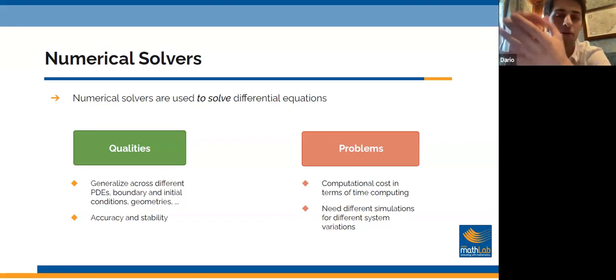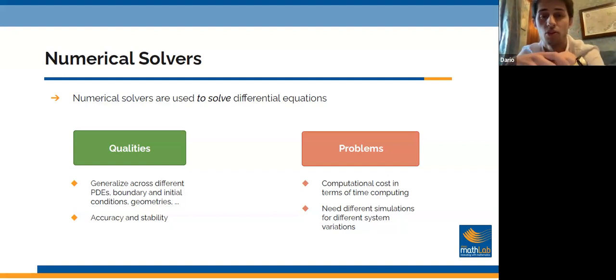They're actually also stable. But the big problem with this kind of solvers, especially if we want to use them in industry, or if we want to solve many times the same system, maybe changing some parameters, is the fact that these solvers are pretty slow. So they tend to have a high computational cost in terms of time. And you can imagine that if we have a parametric PDE, for example, and every time we need to solve this PDE for a different parameter, this kind of solvers can sometimes be an issue. So what actually happened is that